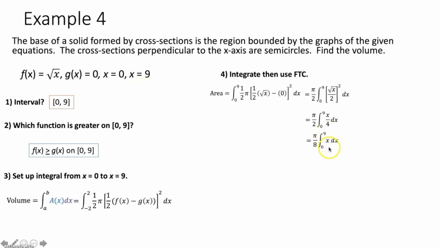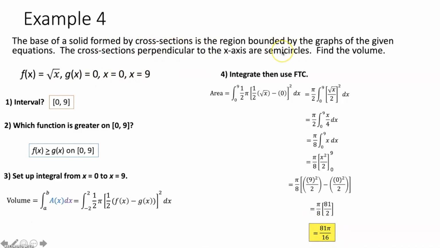So how do I evaluate this? Well, I need to first take the antiderivative of our function here, which is just x squared over 2. I then use the fundamental theorem of calculus to evaluate here. I take my upper limit of integration, 9, plug it in for x, and subtract when I take my lower limit of integration, 0, and plug it in for x. I subtract each of those, simplify, multiply by pi over 8, and I get 81 pi over 16, which is the volume of the solid, whose base is the region bounded by these lines, and whose cross-sections perpendicular to the